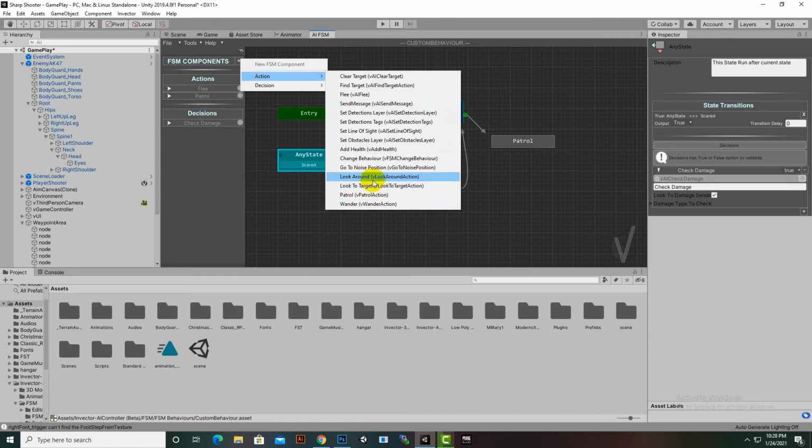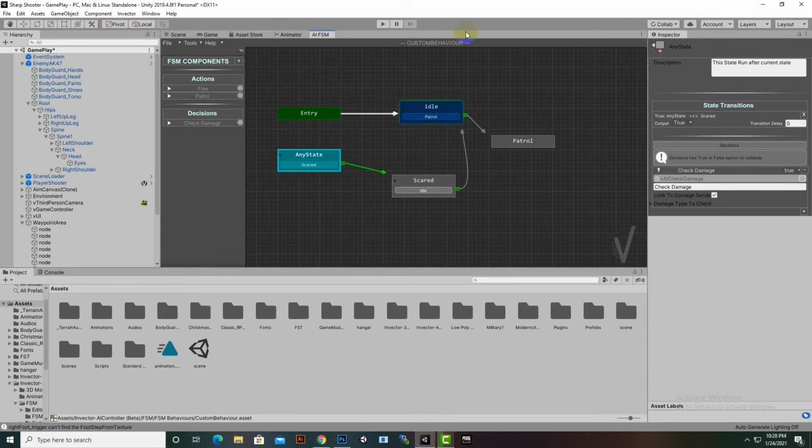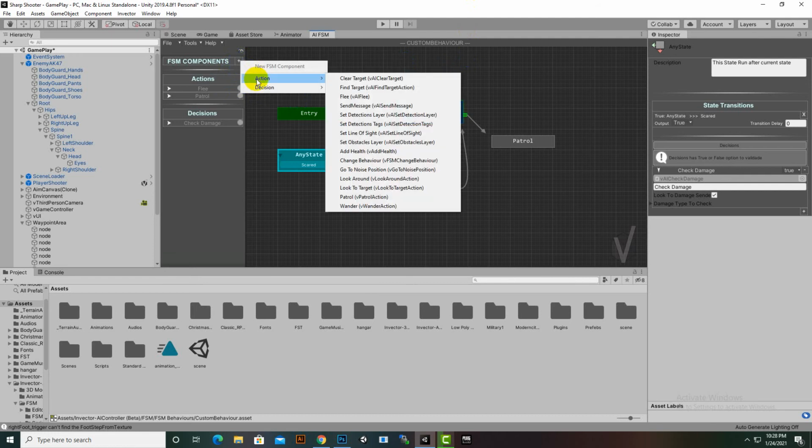These two actions are related to that head track component. So for example, if we add some action here, let's add the action look around,